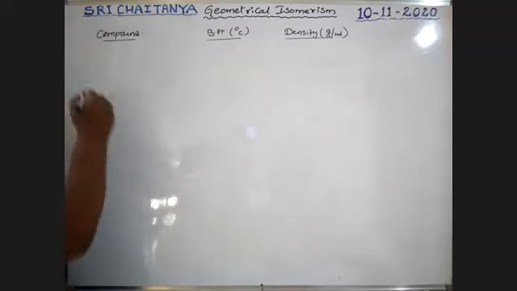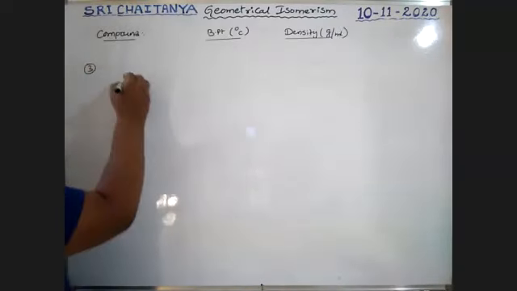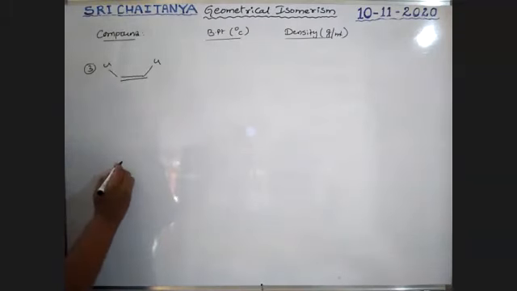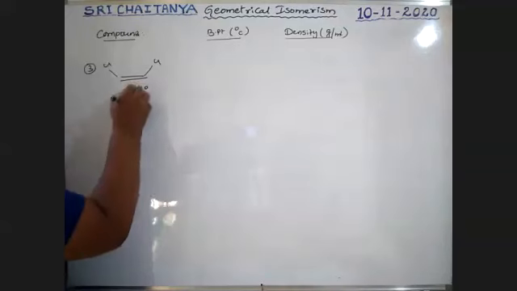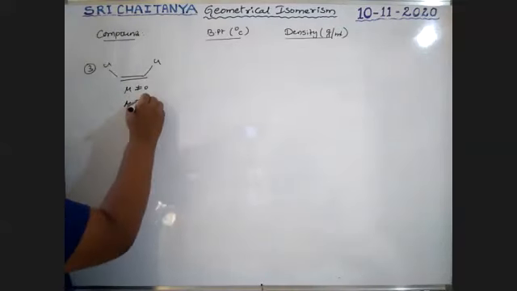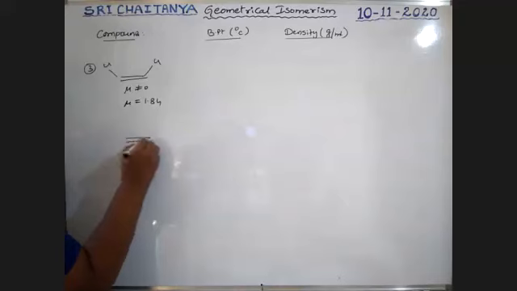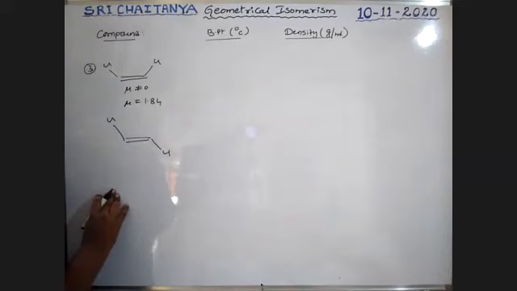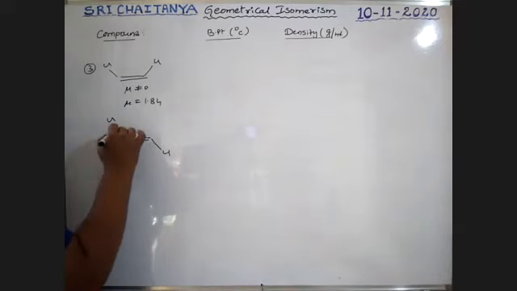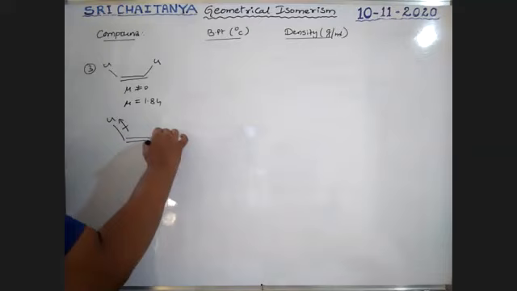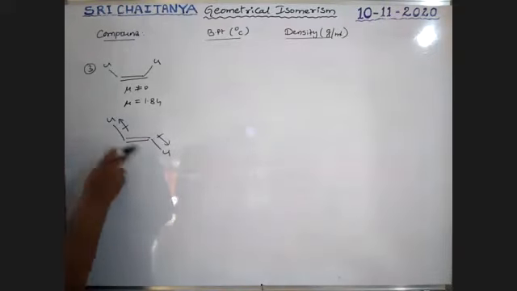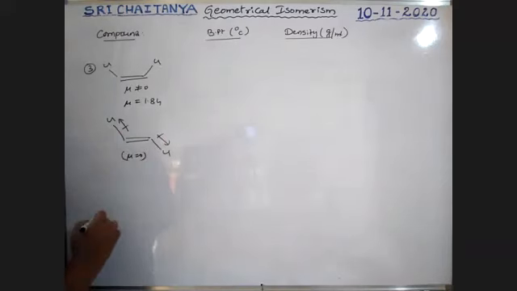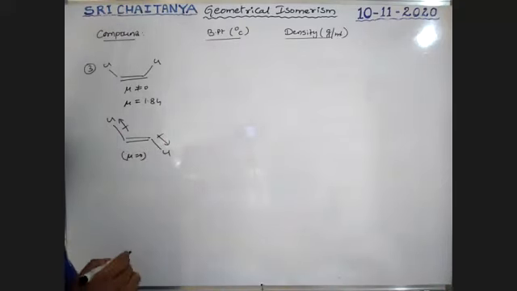Next, the third compound. See here, double bond, Cl. It is a cis compound, boys, so its mu is not equal to 0. Its mu is equal to 1.84. Next, we are taking it like this, Cl. It is a trans compound. So here, with chlorine, this is the way of the dipole moment, and this is the way of the dipole moment, boys. It is positive, it is negative, exactly similar groups. So plus mu and minus mu cancel. Therefore, mu is equal to 0 in this case.